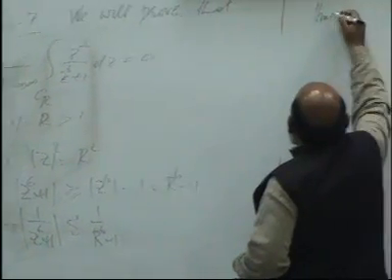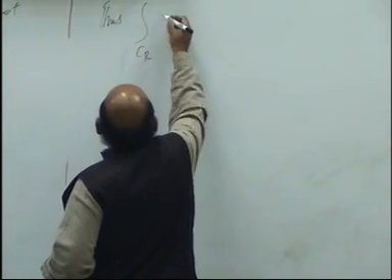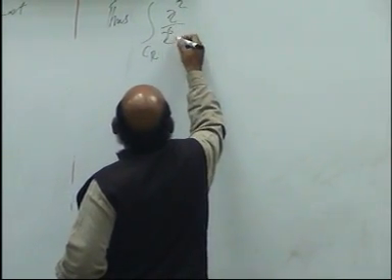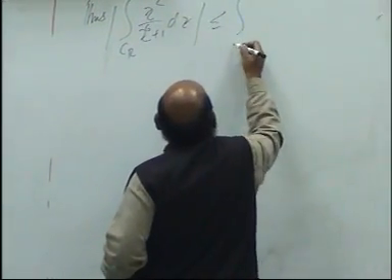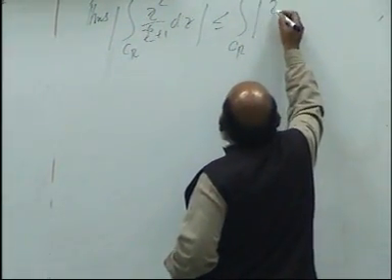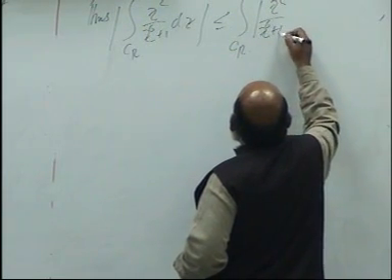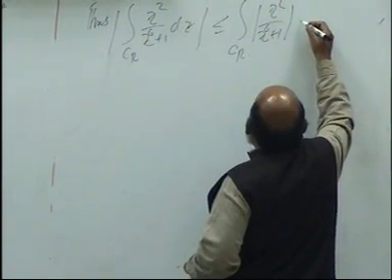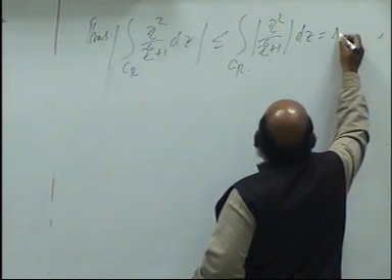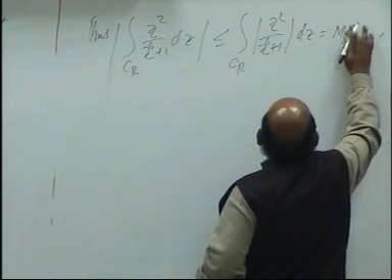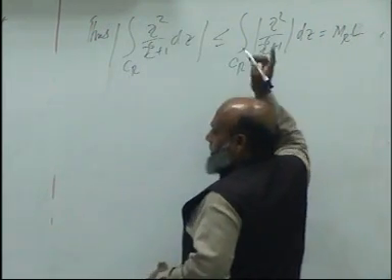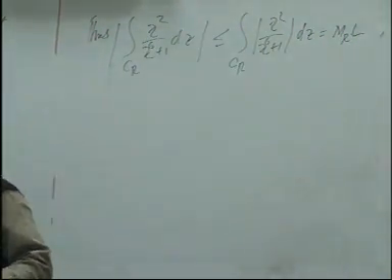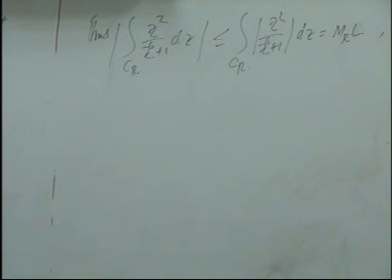Thus, mod of integral over CR z square over z6 plus 1 dz is less than or equal to integral over CR mod of z square over z6 plus 1 dz, and it is nothing but it is M into L. Now this L is different from that L. This L is the length of the semicircle that you may